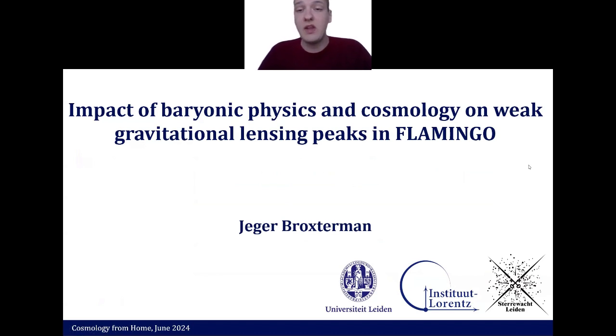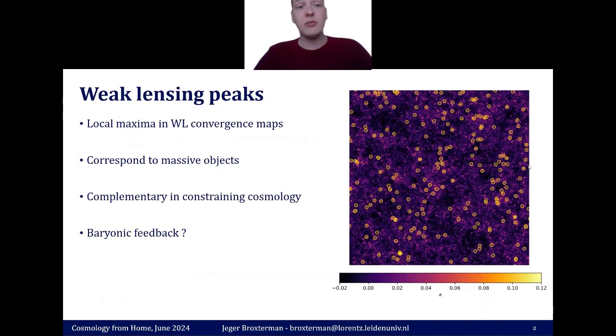peaks in FLAMINGO. So, weak lensing peaks are the local maxima in weak lensing convergence maps, as you can see in this figure on the right-hand side. The yellow circles indicate these weak lensing peaks, and they are simply pixels with a higher value than their neighbors. It has been shown that these peaks are complementary in constraining cosmology, compared to only using two-point statistics, such as the correlation function, as these peaks probe additional information that's not captured by only using the Gaussian information probed by